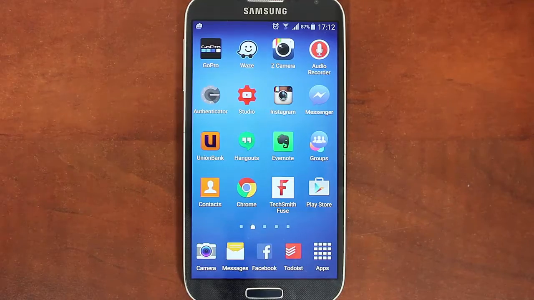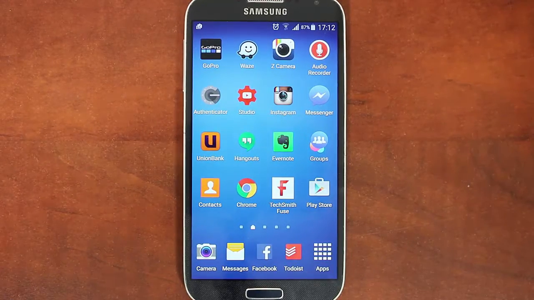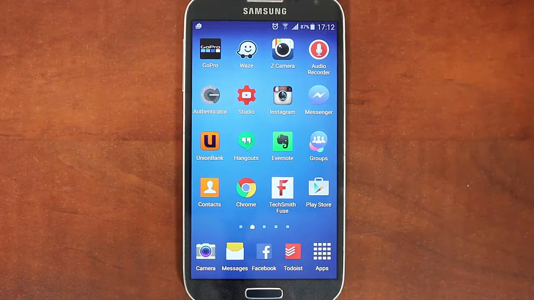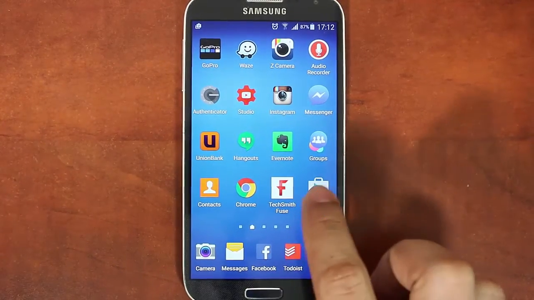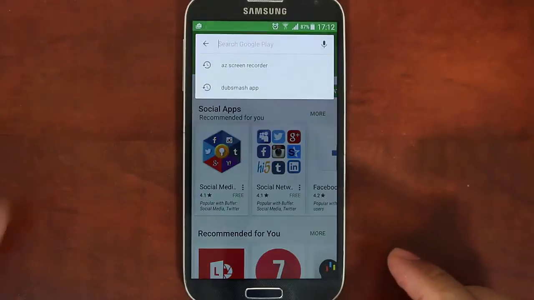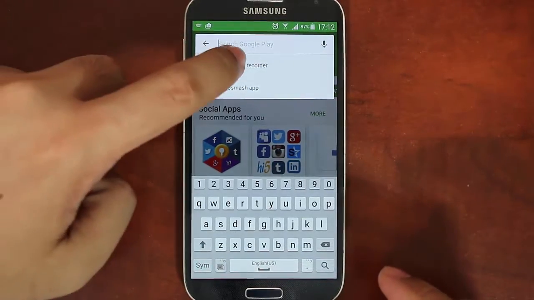Right now I'm making use of the Samsung Galaxy S4, and I will go ahead and walk you through the process of how I do screen recording using my Android. First and foremost, you have to make sure that you have the app installed on your device. Now, you can find it on Google Play Store, and if you search for AZ Screen Recorder,